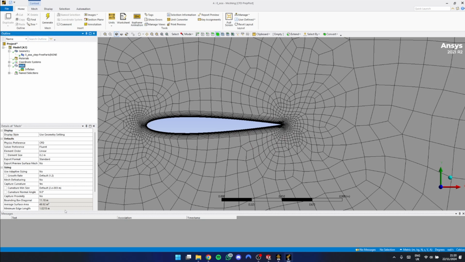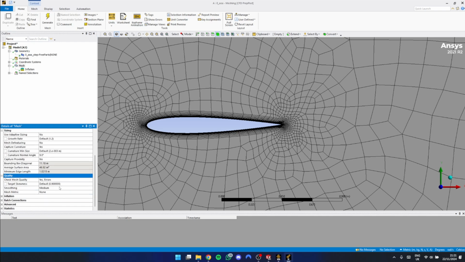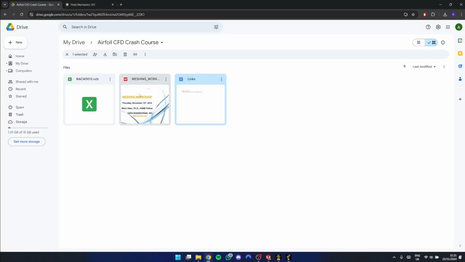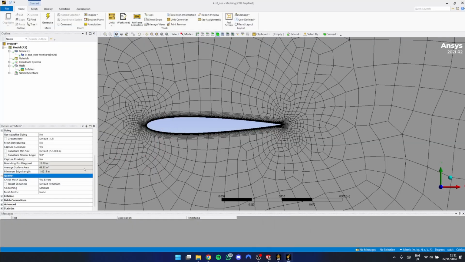Now the next thing we're gonna check, go to quality. This was mentioned in the PDF and the link in the description. So this PDF is from ANSYS. It's a meshing guide. Basically, if you're stuck in anything in meshing, just check this PDF. You have some helpful resources. Now go to the mesh. So two things you need to check for: